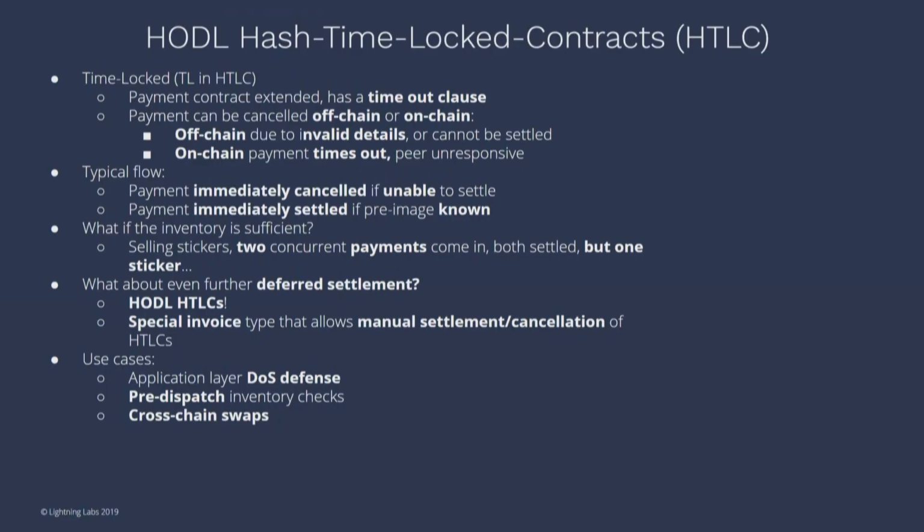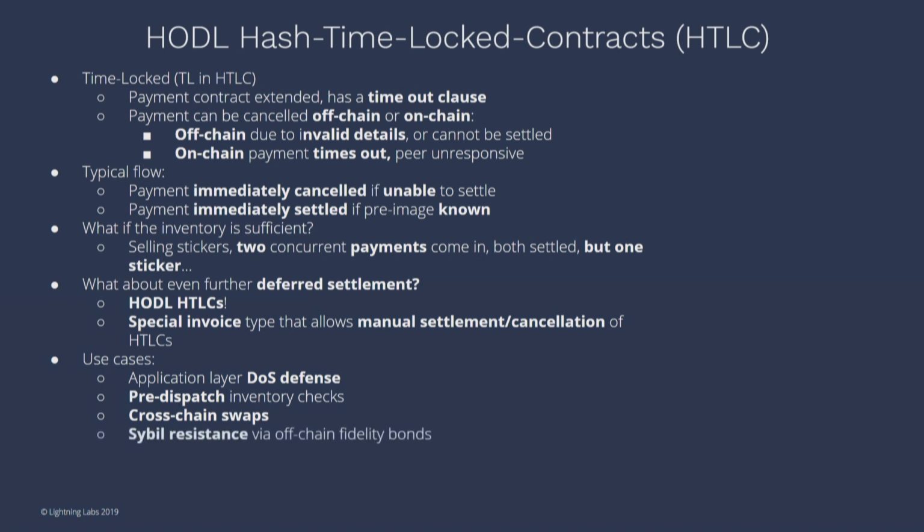Another cool thing is a cross-chain swap. Let's say someone gives you an HTLC on Bitcoin itself, right? And let's say you're doing some swap, maybe with Litecoin. At that point, you basically just hold the HTLC, get the pre-image somewhere over here, and then insert that back into the network and get it going. This is cool because this allows you to do cross-chain swaps without modifying anything in Lightning itself, because it's not really a native protocol thing. It's more that you upcall this other system, you get the pre-image, then insert it back into the thing itself. And I think Spark Swaps uses this now. We use it for submarine swaps in Lightning Loop and a few other things.